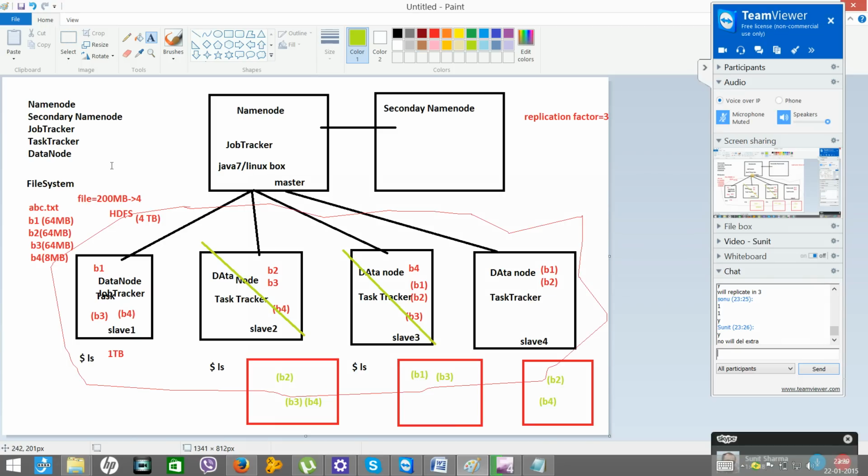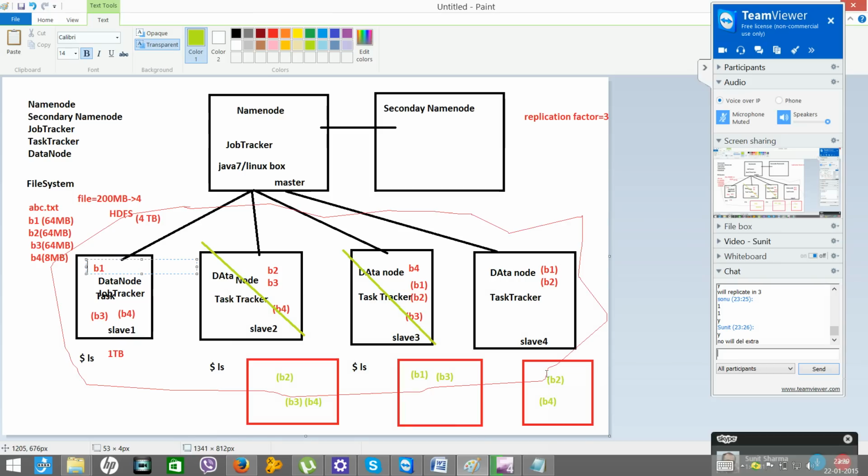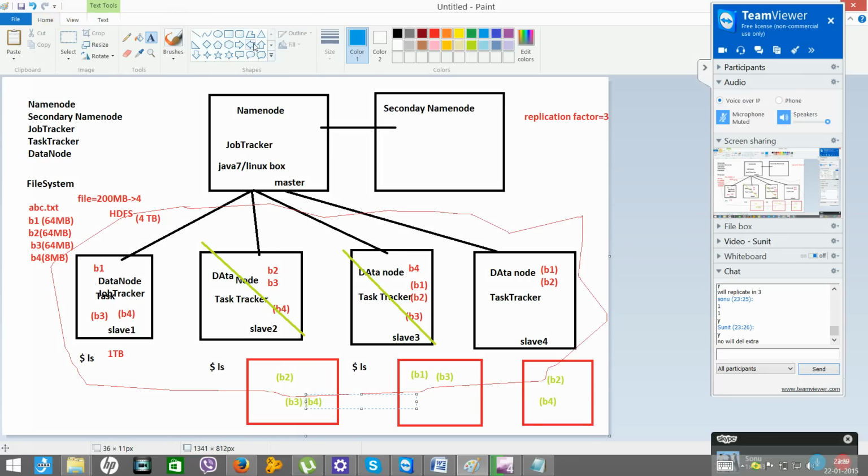Let's assume that we want to process some data, and Hadoop started processing B1 from here, B2 from here, B3 from here, and B4 from here.